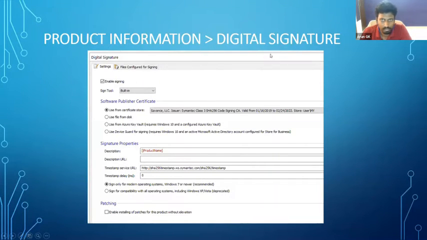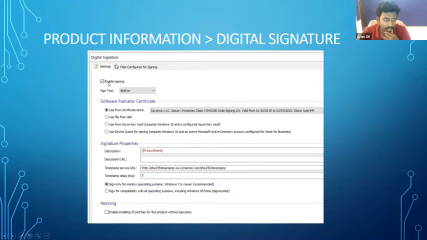Under the digital signature, we have the settings for signing the exes that come inside the installer. Whatever exe we are going to install will be signed using the settings here.